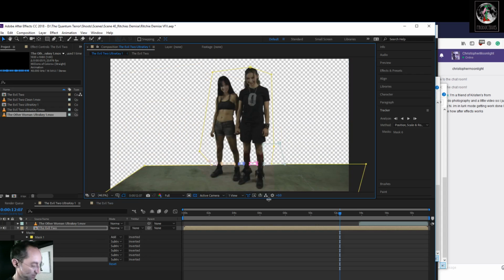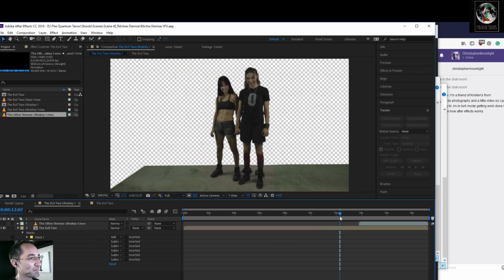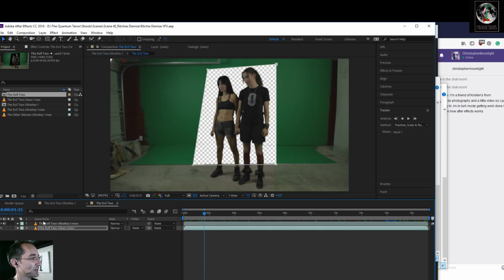Fit. Save. Alright, so it looks pretty good. Now, this floor is all stationary. Let's do a little color correction here. Again, let's go into that comp.